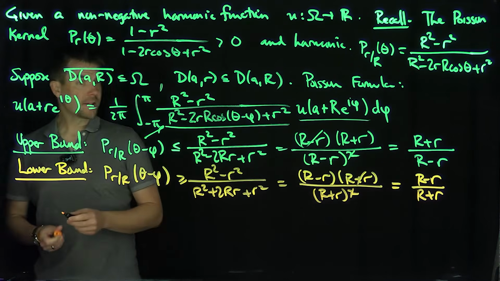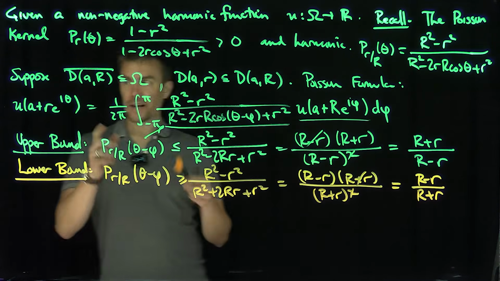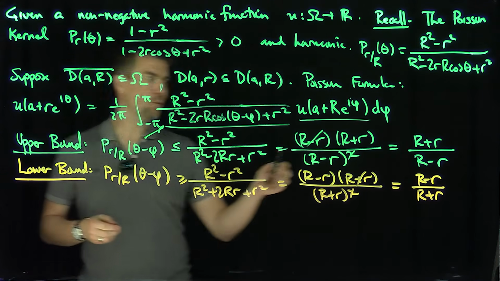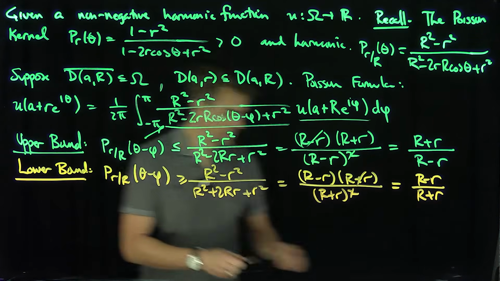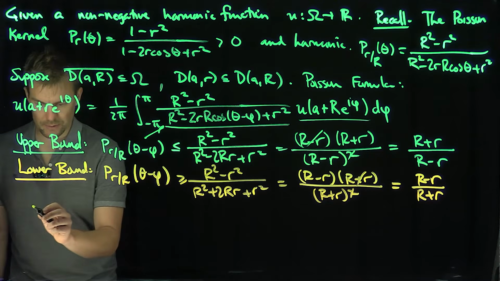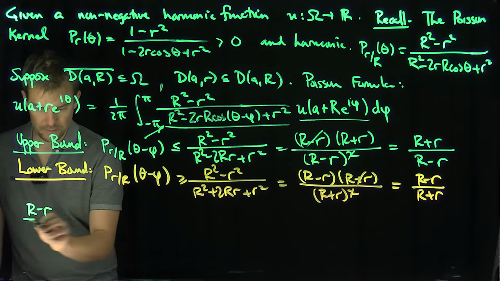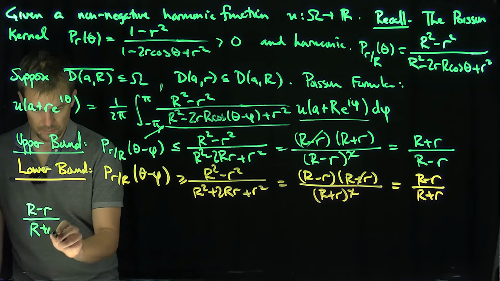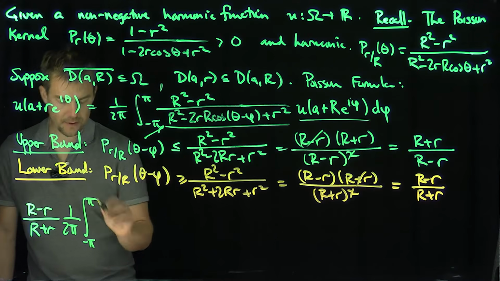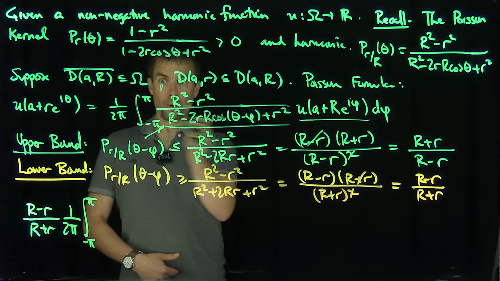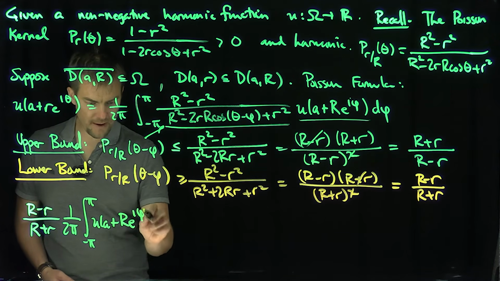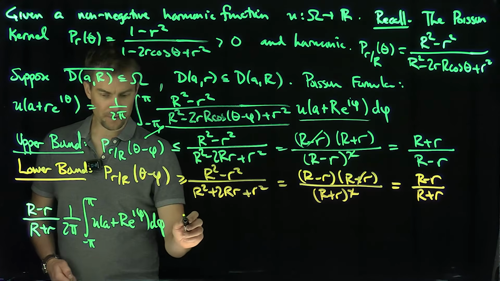Great. All right, and so now what do we do? So now we can replace this. So what is u of a plus r e to the i theta trapped between? It's trapped between this thing over here. So in other words, we get an immediate consequence of this, and I'll pull that constant out. So the lower bound I can pull out. So it's going to be R minus r over R plus r, 1 over 2 pi, the integral from negative pi to pi of just what? Now I pulled that Poisson kernel out. I'm just going to have u of a plus R e to the i phi d phi is less than or equal to,